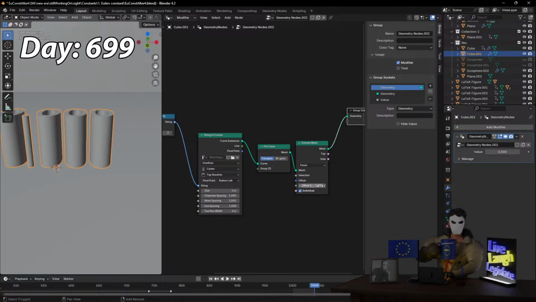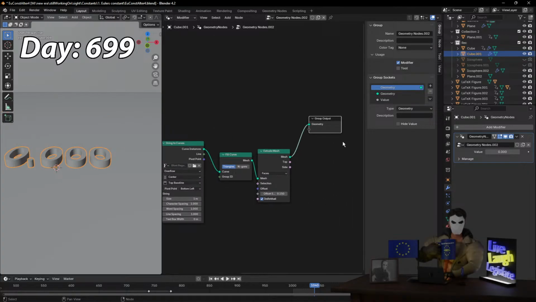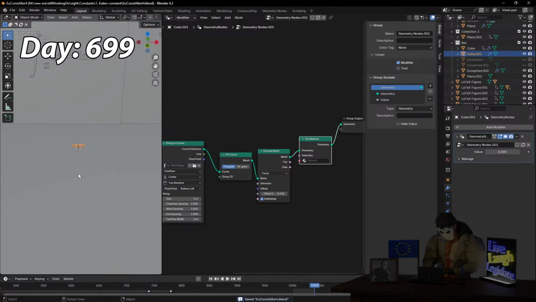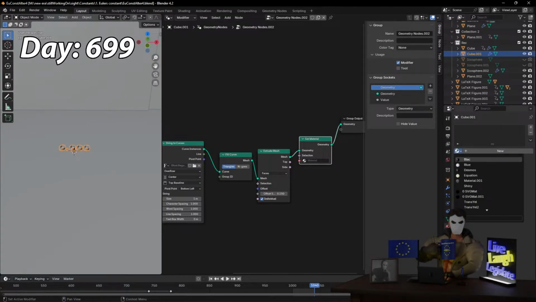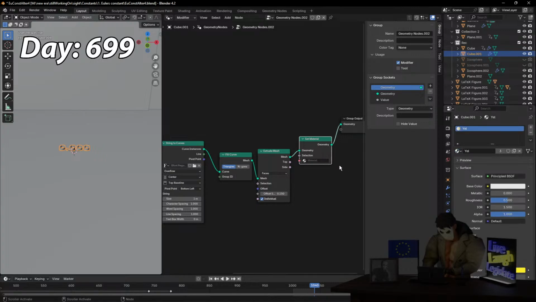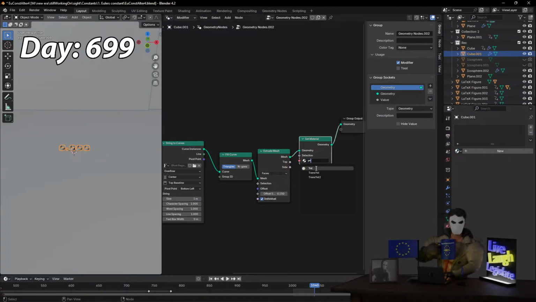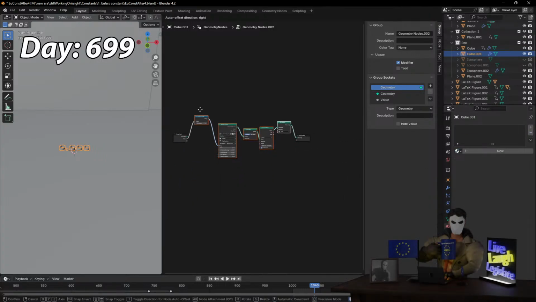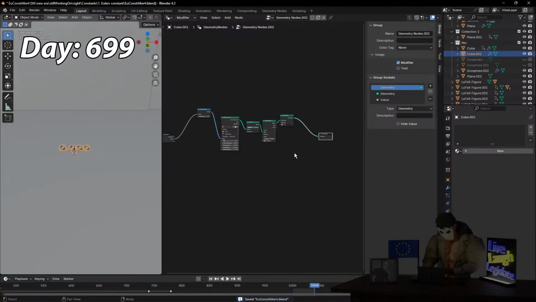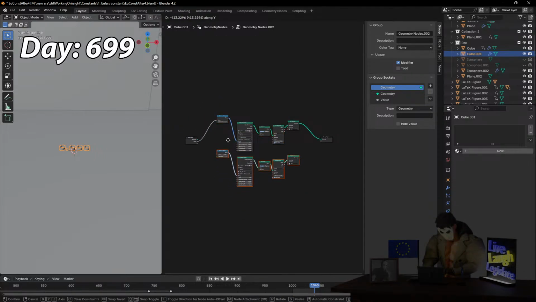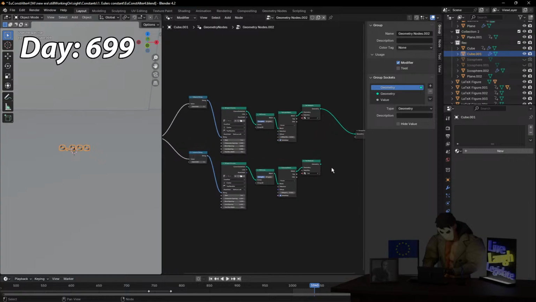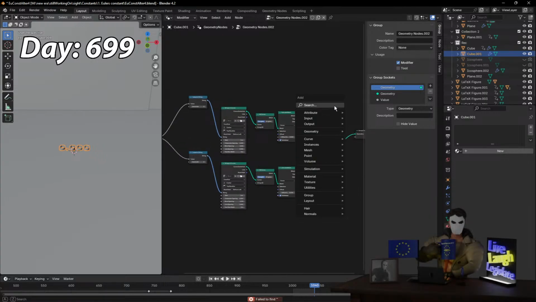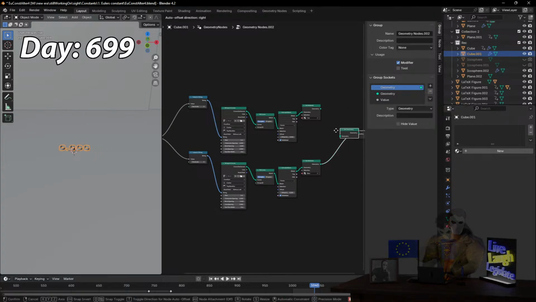Like this, like this, like this. Set material, ideally white. Actually, no, no white. On the left one yellow, on the right one blue. That's no, I meant yellow. Yellow on the left. And then blue on the right, and then join geometry,